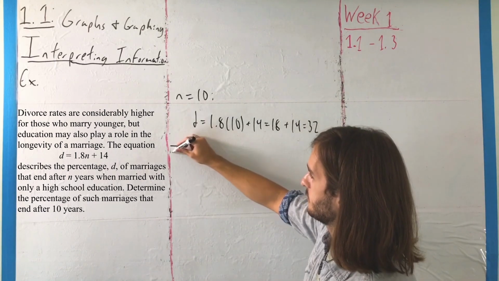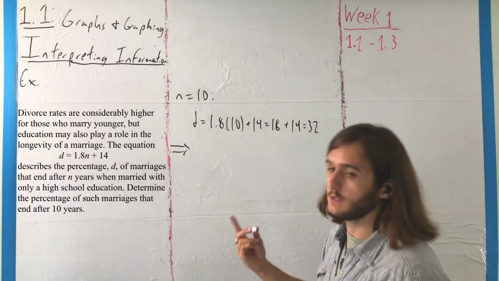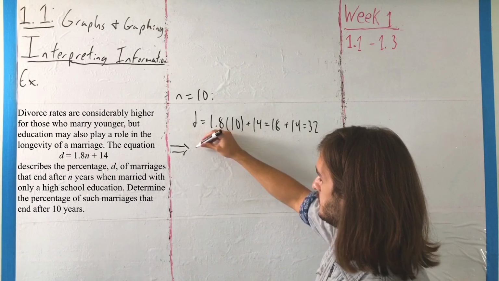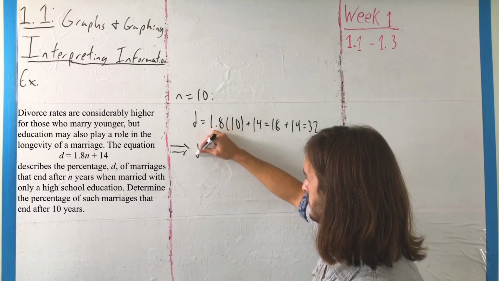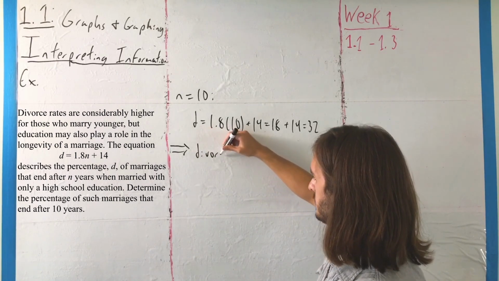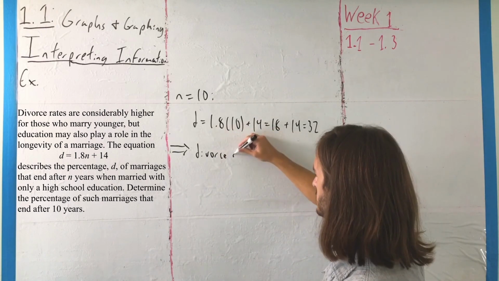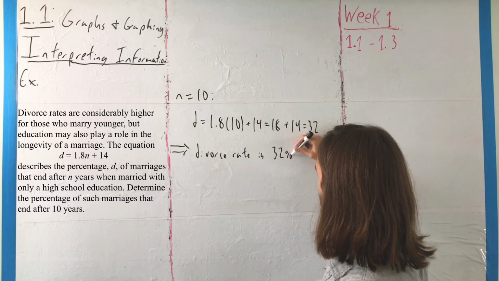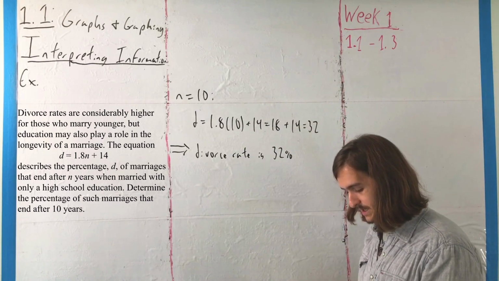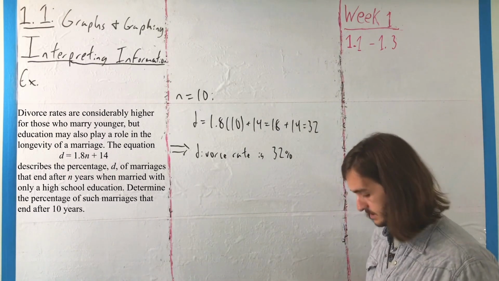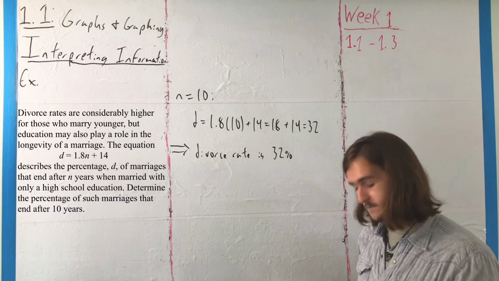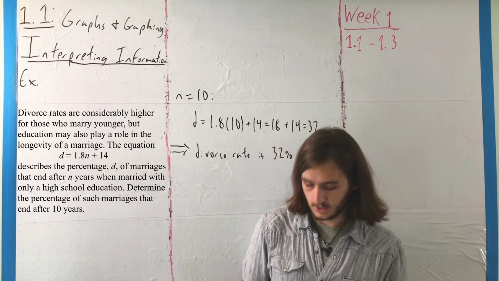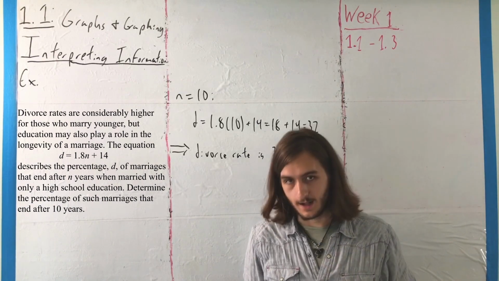So, those of you that aren't familiar, this double arrow means implies. I'll use it a lot to say that this is what comes next. This implies the divorce rate for such marriages is 32% after 10 years. In particular, the percentage of marriages ending in divorce after 10 years for high school graduates without any college,